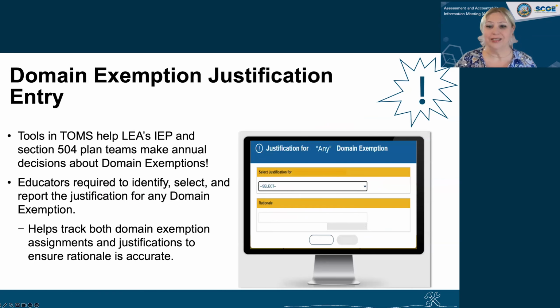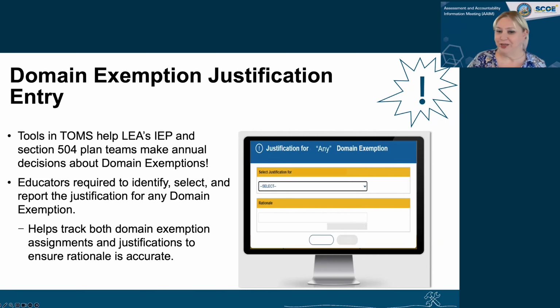As noted in the previous updates to the ELPAC information guide slide, this year we're adding more precision to how one of our tools is used in the Test Operations Management System, or TOMS. As a way to help LEAs' Individualized Education Program, or IEP, plan teams and Section 504 plan teams make annual decisions about domain exemptions, we will now require student educators to identify, select, and report the justification for all domain exemptions.